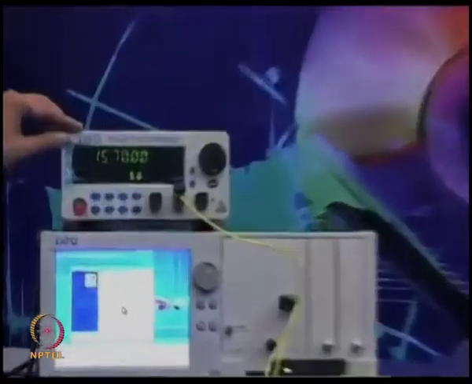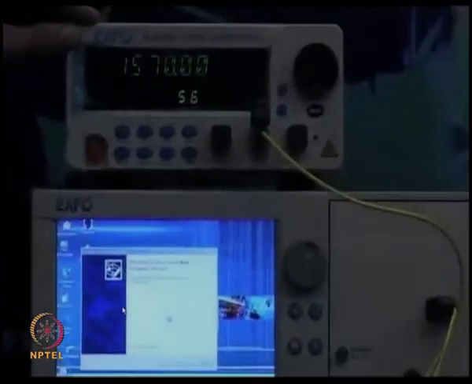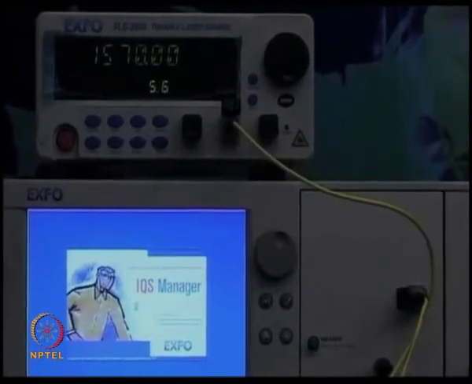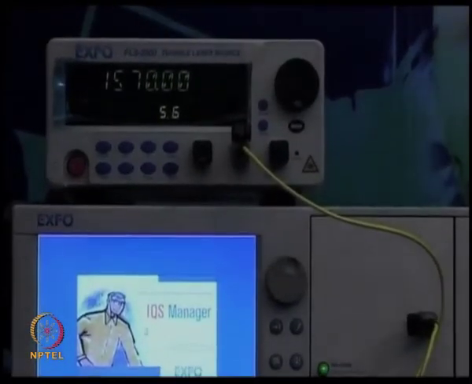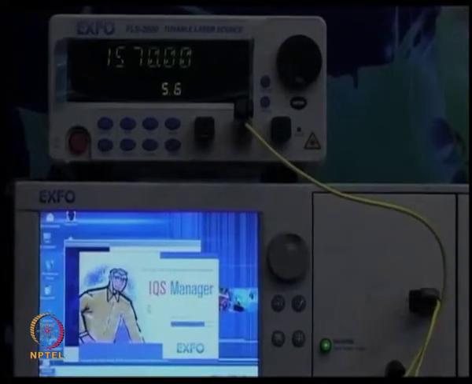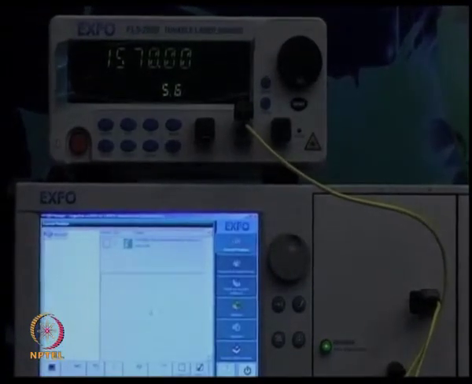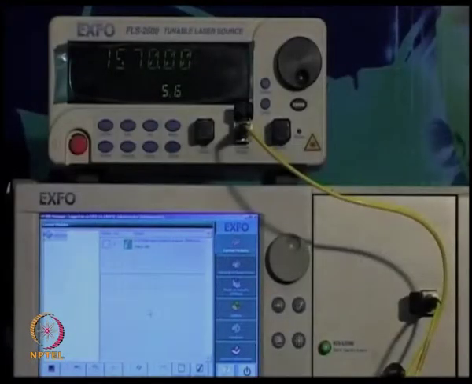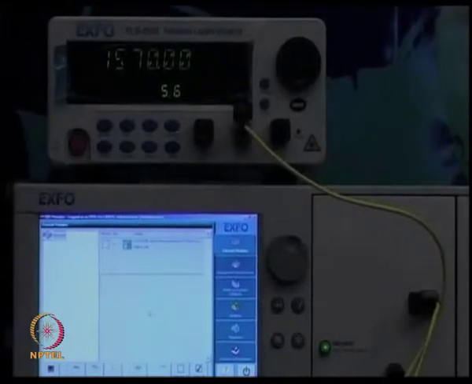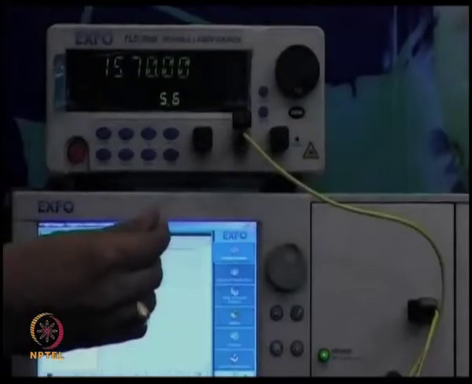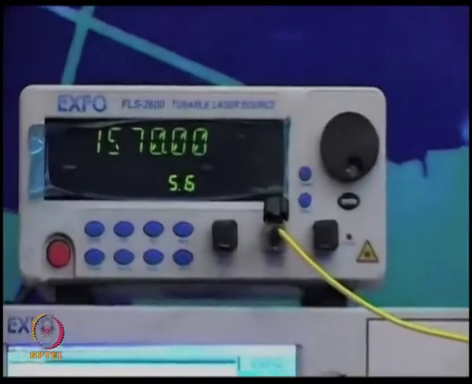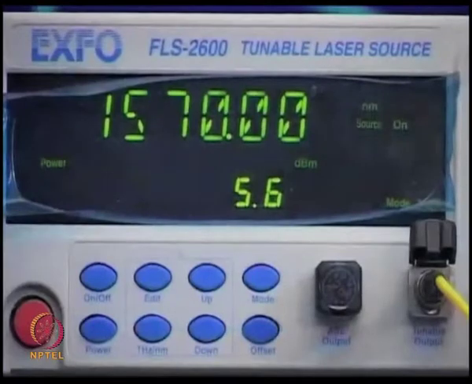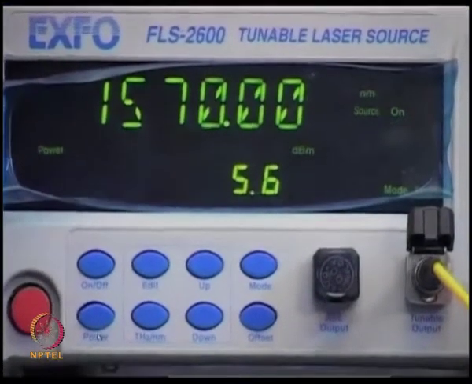The system is initializing now. These are different settings on the tunable laser.